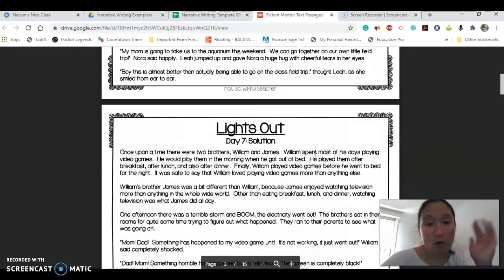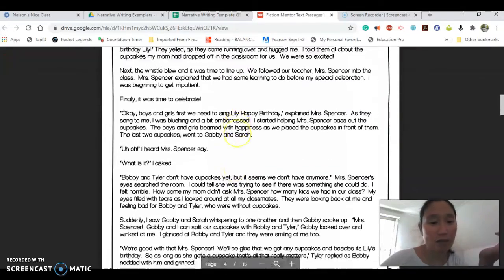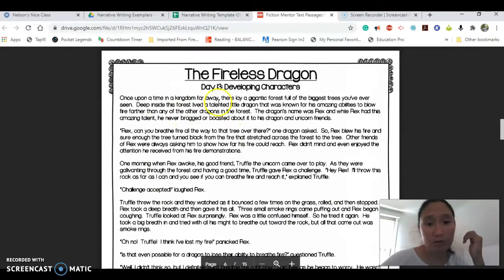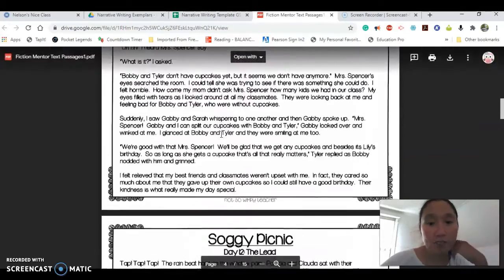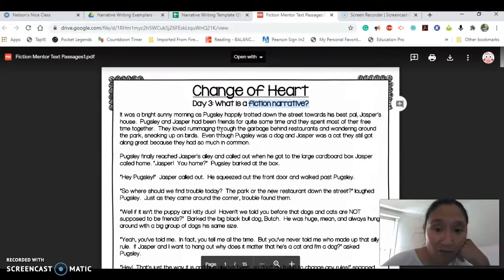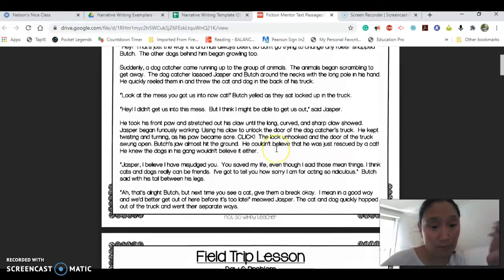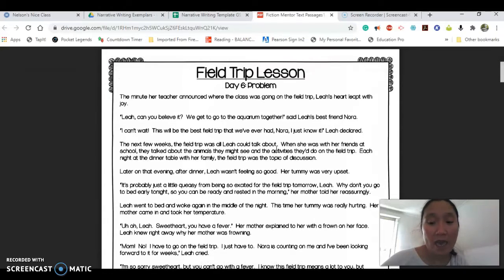So you can look at them just to get some ideas for some stories, because I know some of you are like, I don't know what to write about. And you want to see some examples of the different types of stories. So, for example, this is a fiction narrative here. Again, Pugsley is going to be a dog, so this one's going to be a fantasy story. The field trip lesson, this could possibly be a realistic fiction, meaning parts of the story are